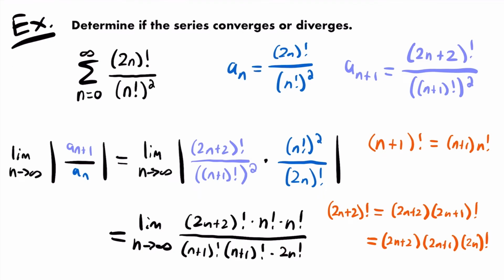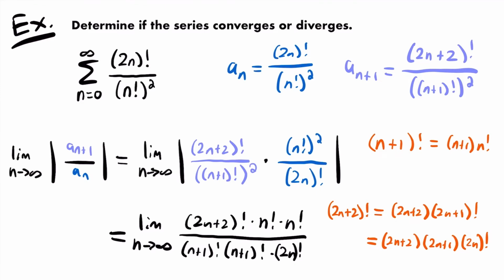Now I actually wrote that a little bit incorrectly. This should be 2n factorial with parentheses around it. All right, and so now you can see that those two will cancel out if this is in the numerator. And so if we rewrite this limit by replacing these two factorial expressions with this expression and replacing this with this expression, then we will be able to make a lot of cancellations and have a limit that we can